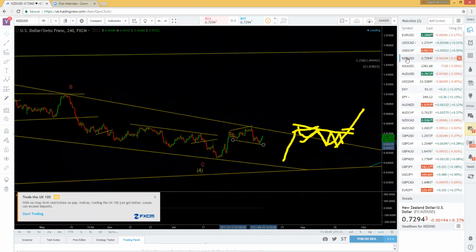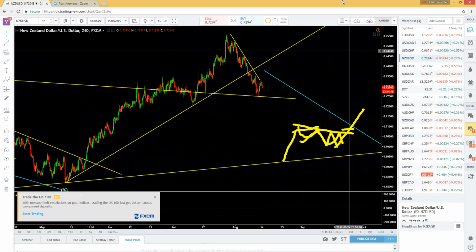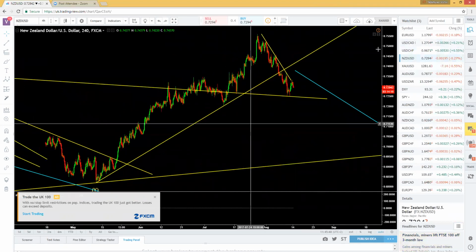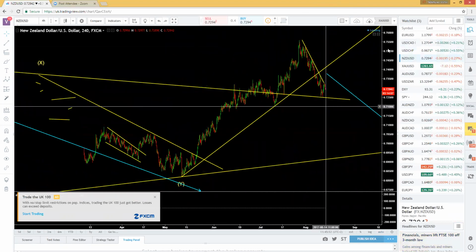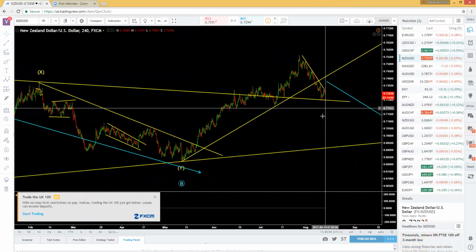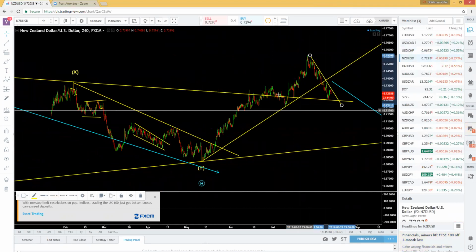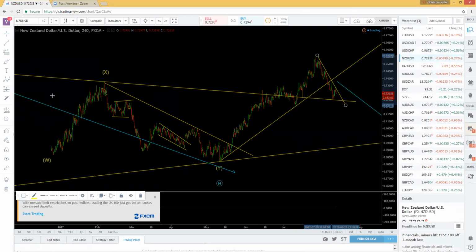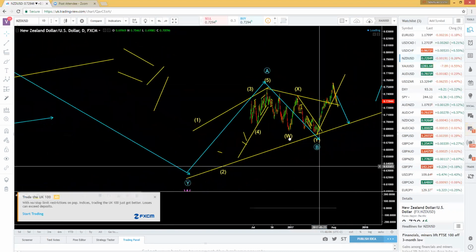New Zealand US dollar, as I said last week, we were looking for pullbacks and it has worked out perfectly. This one, we've got a nice deep pullback, although similar to the Euro US dollar, that pullback was not enough. So I'm expecting a bit more on this pullback. So let's just go to the daily and show why we are trading New Zealand dollar the way we're trading it. So all the dollar pairs,